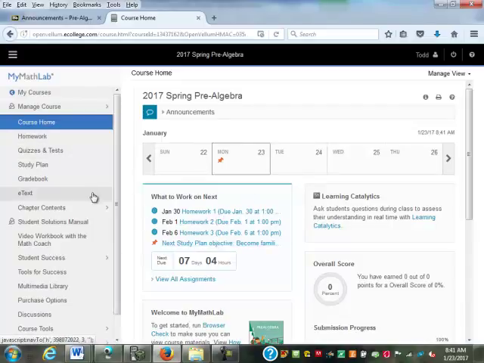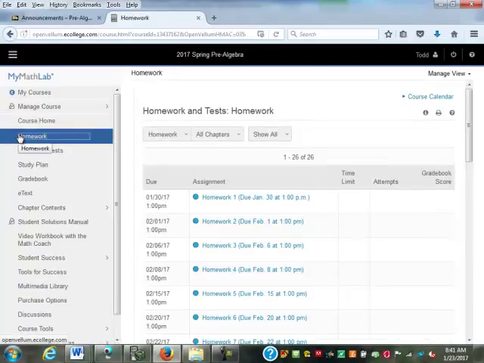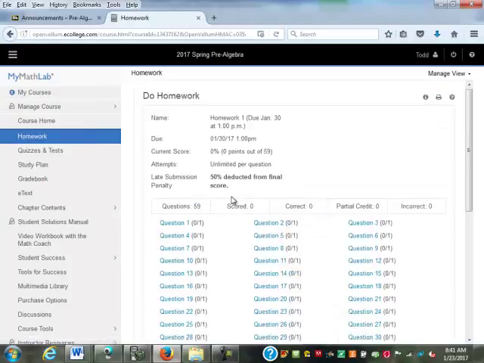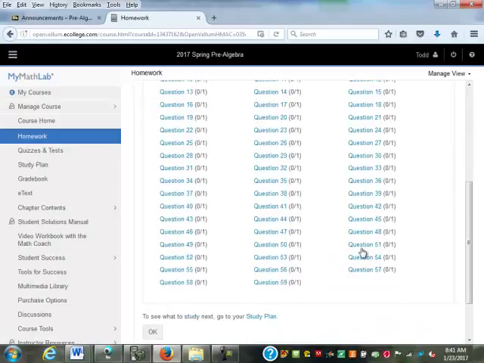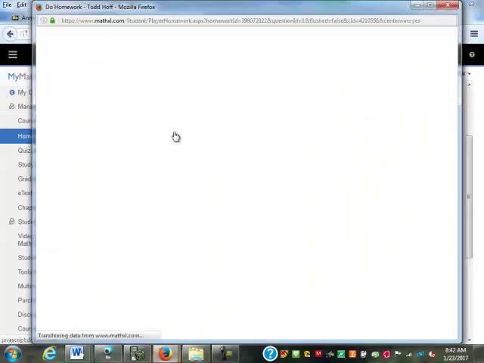You can either access them from the dashboard, or I find it easier just to click here. You can click on homework on the left side of the screen, and it'll list out all the homework assignments for you. So homework 1, click on it, it'll give you the problems. Now the first couple of homework assignments are pretty long because it's a lot of basic material. I'm hoping a lot of it's review for you. But if you click on a problem to do it,